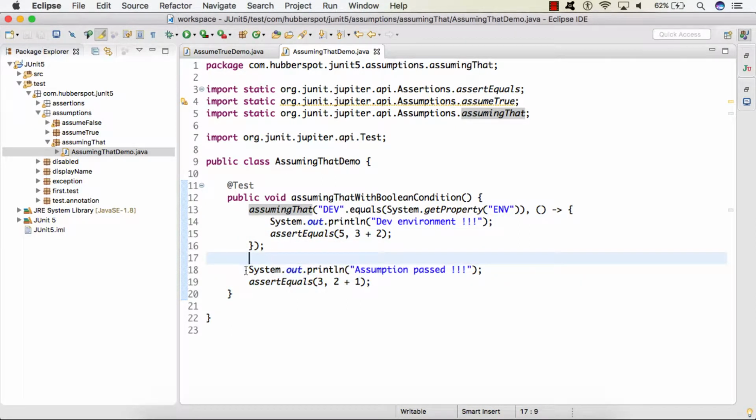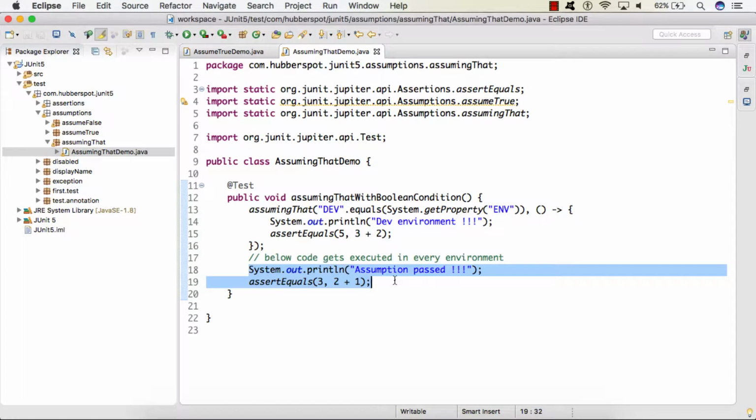So here, the below code gets executed in every environment. So this piece of code will be executed in every environment.